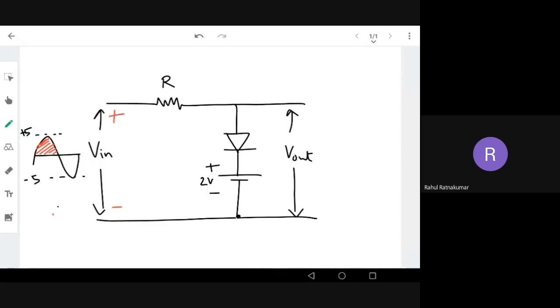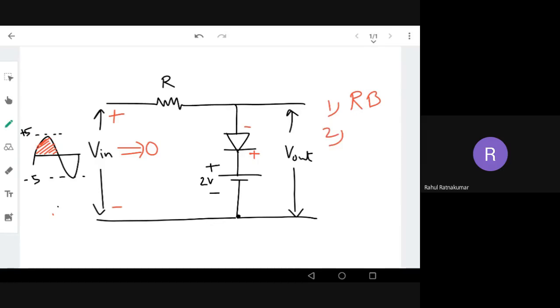Step one, the positive half cycle, what happens? Before that, the first important step is to see the status of the diode. Imagine the input is zero right now. Now the input is given to the circuit. What is the status of the diode? The diode is actually reverse biased, because the cathode is plus and the anode is minus in this closed circuit with zero input. That is the first important conclusion: the diode is reverse biased.